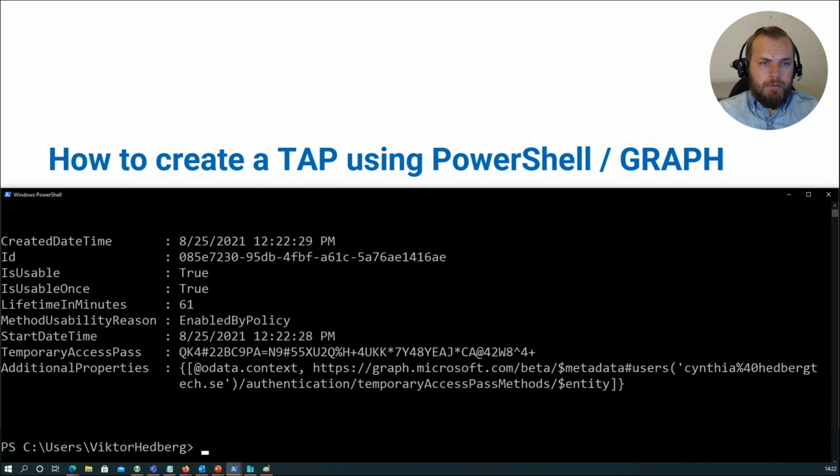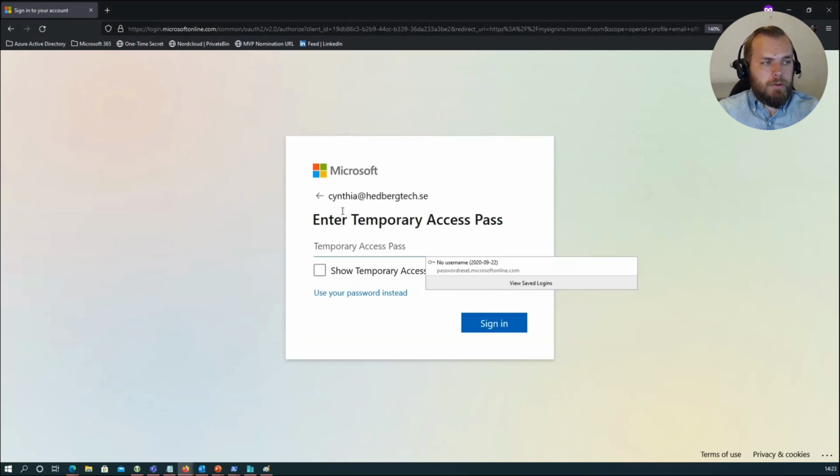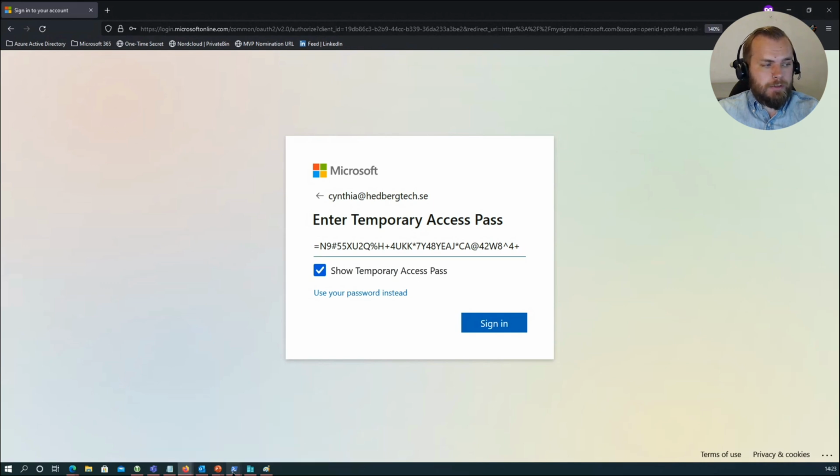So if we take this response and we try to sign into our tenant with Cynthia, you can see we have the enter temporary access pass prompt right in front of us here. So we just paste the temporary access pass here. As you can see, this is the same kind of text string that PowerShell presented us,